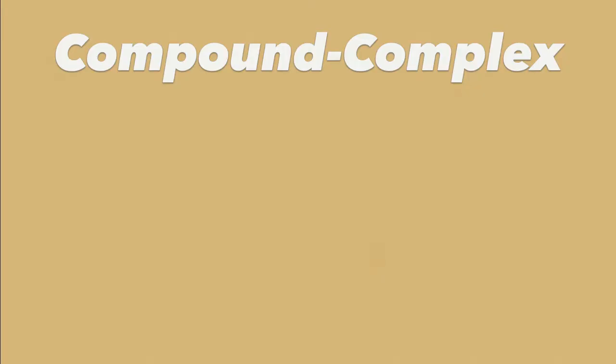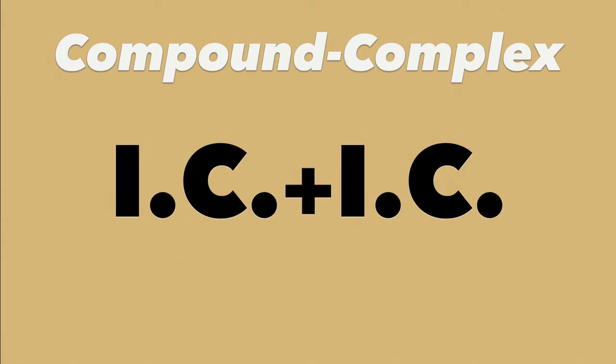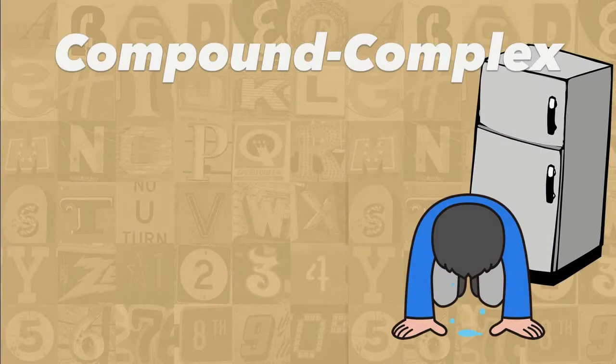And finally, compound complex. Remember, compound equals one independent clause plus another independent clause, and complex has a dependent clause. So this is the formula for a compound complex sentence. Two independent clauses and one dependent clause, or you could add another, but it's not necessary. For example,